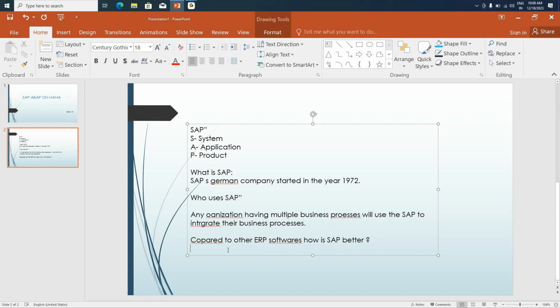But yes, there are other competitors to SAP in the market, but they are not even close to the current revenue of SAP. For example, we have Oracle, Pega, Salesforce. All these are also ERP softwares, but they are limited to CRM, HCM, only a few modules. We just spoke about the business processes in a company, correct? The other competitors cannot integrate all these work processes into one single unit, but SAP has made it possible to integrate each and every business process in your company into one single repository. That is the benefit of choosing SAP over other softwares.